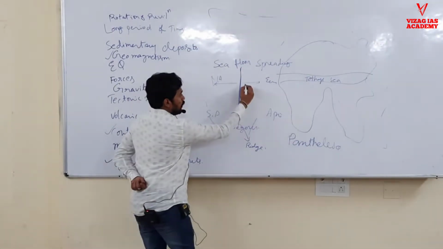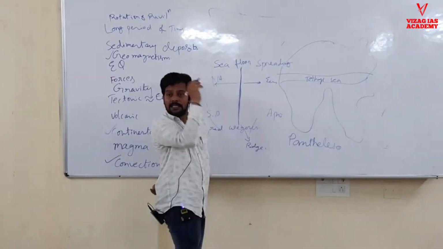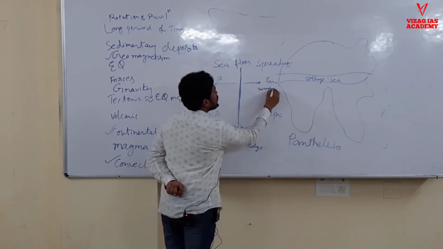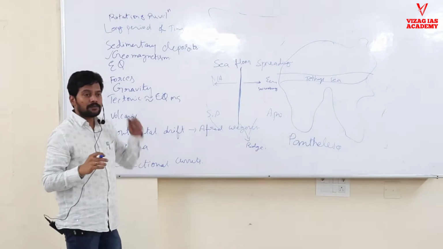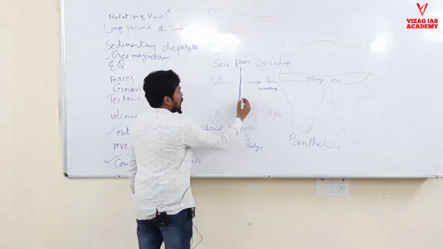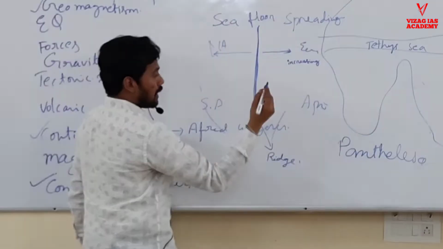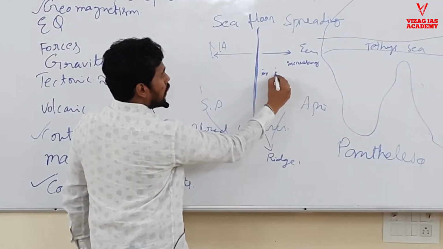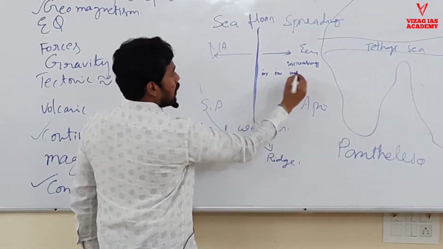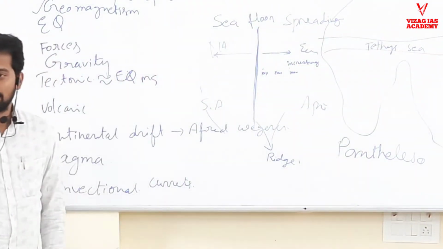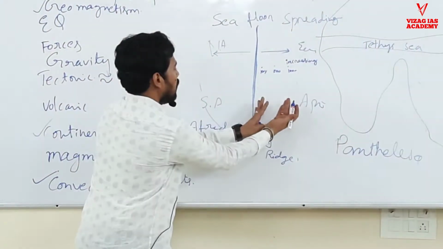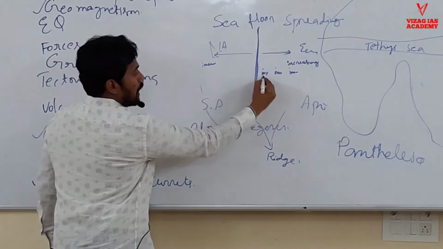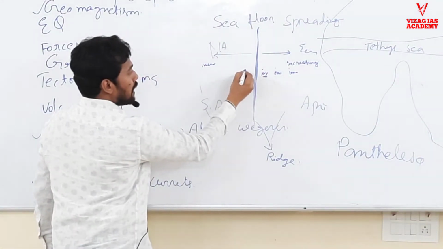From this ridge, if you move away this side, the age of the rocks is increasing. Let us assume for our understanding, here it is 100 years, here rocks 200, here 1000. Like that it is increasing. Similarly, exactly a mirror image is there on this side. Here also increasing. Here 100 years old rock, exactly the same they have found here.